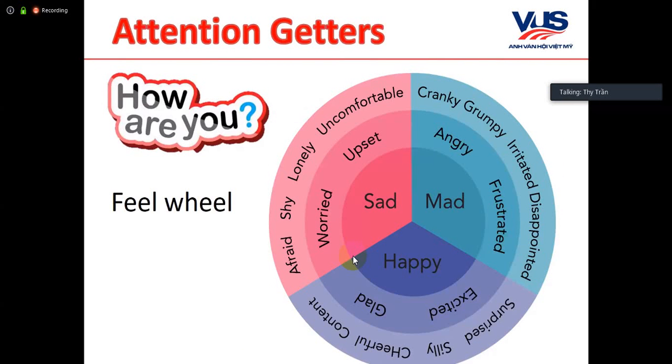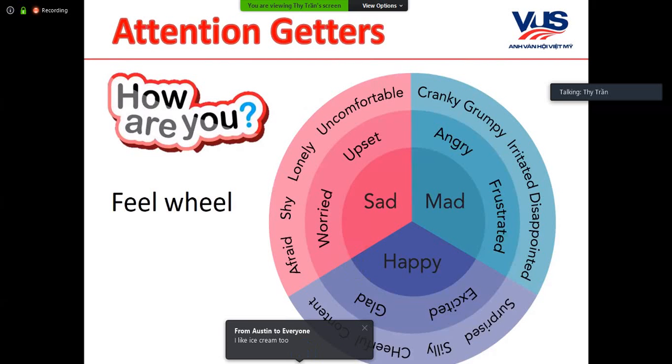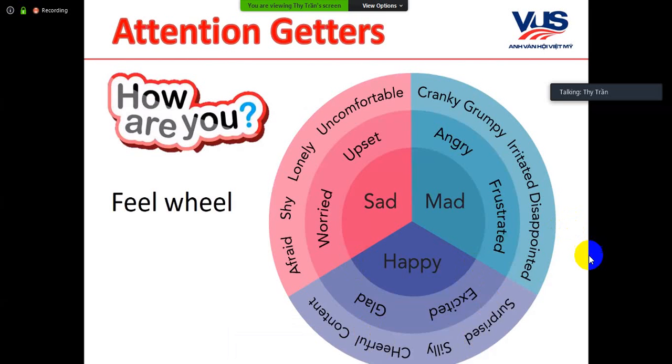Or you can have the feelings wheel to start, to show something very colorful like this. And also, right, increase interaction with the student. You can start with, say, asking them, how are you? And you look at this feelings wheel, and ask them to type in the chat box to say, I'm sad today, I'm mad, I'm happy. They can type in the chat box, and when you read, you express with your face. Ah, you are happy. Oh, why are you so mad? Okay,